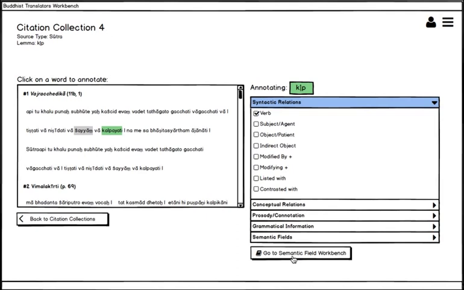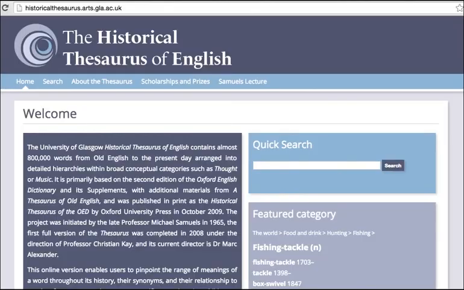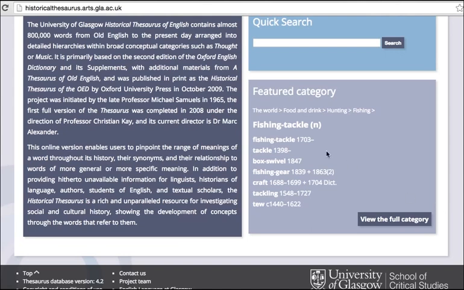Let's pause for a moment and look at this resource. Like any thesaurus, the Historical Thesaurus of English lists words by the concepts they express. What makes it unique are its scale and the level of specificity of its conceptual categorization. The Historical Thesaurus of English arranges all the words contained in the Oxford English Dictionary in a fine-grained conceptual taxonomy